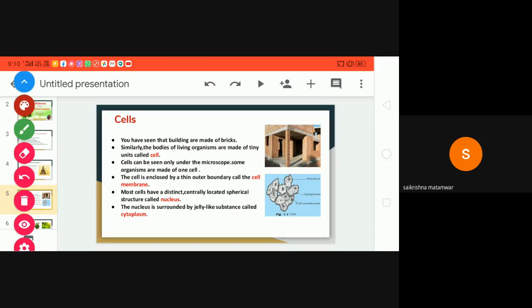Nucleus. If you observe the picture carefully, you will understand every cell contains, in the middle, a spherical